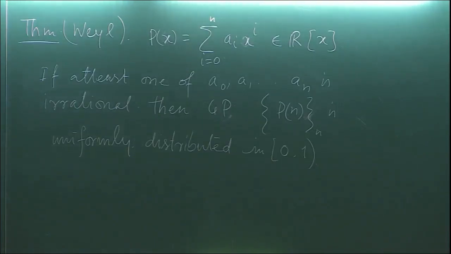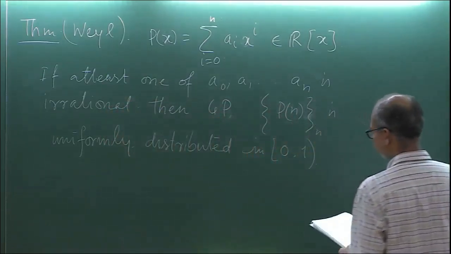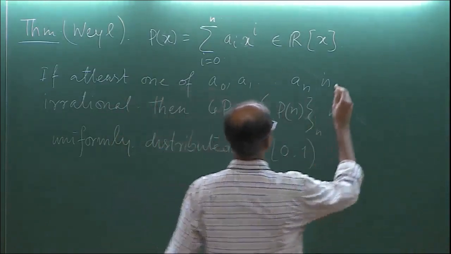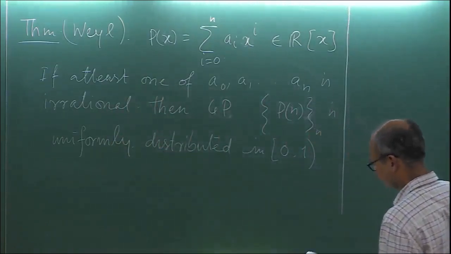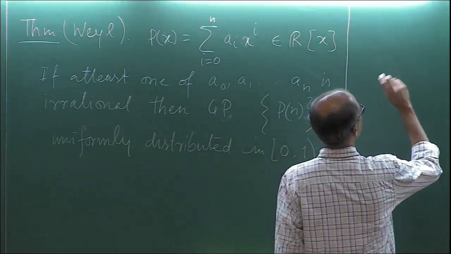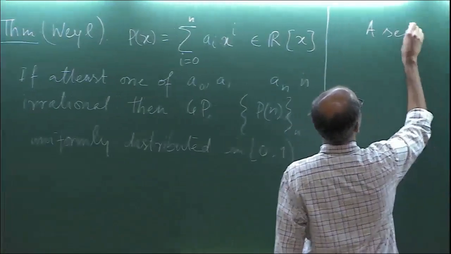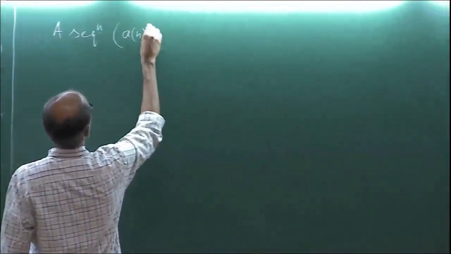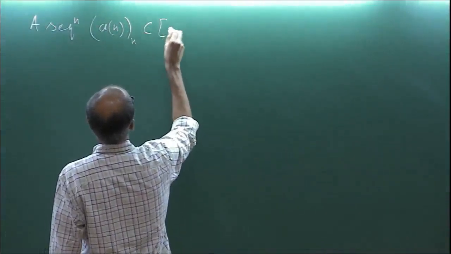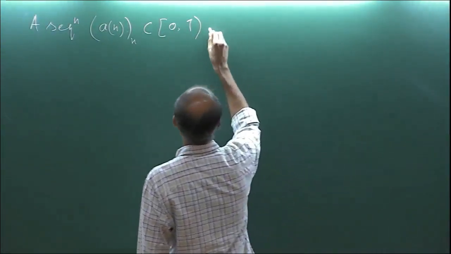So let's see examples of generalized polynomials which are uniformly distributed. Before that, I would just want to recall what uniform distribution is. Let me just be quick on that. So a sequence a_n in [0, 1] is uniformly distributed if